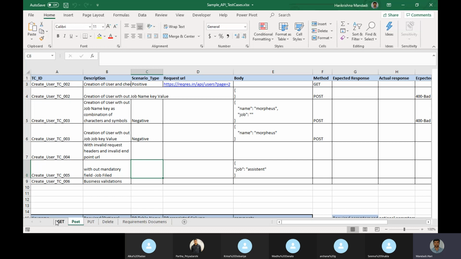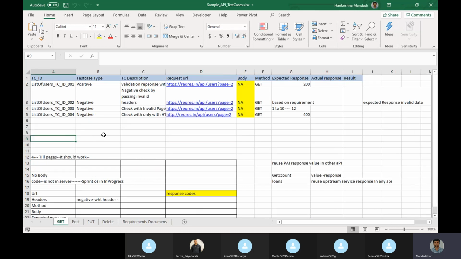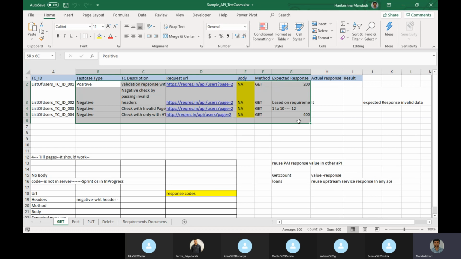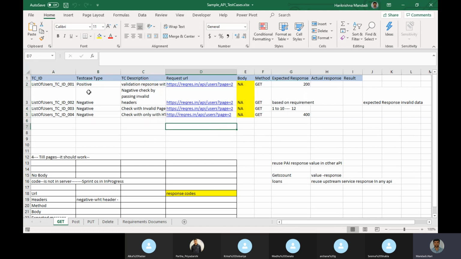So for GET, we will have a few positive and a few negative cases. Negative cases will be without the headers, or with invalid headers. Suppose we are passing a query parameter, we can give the query parameter value as invalid.